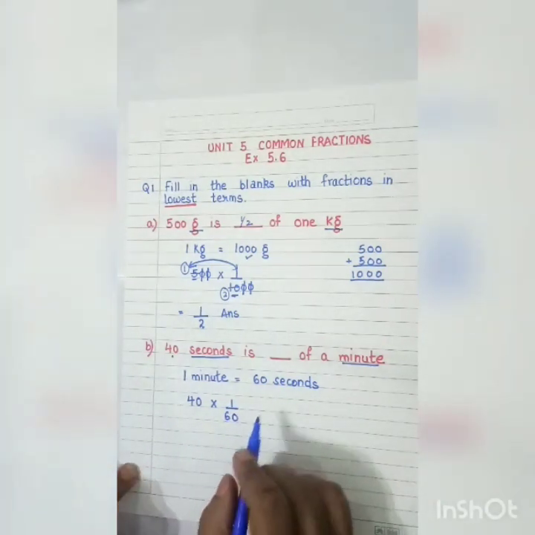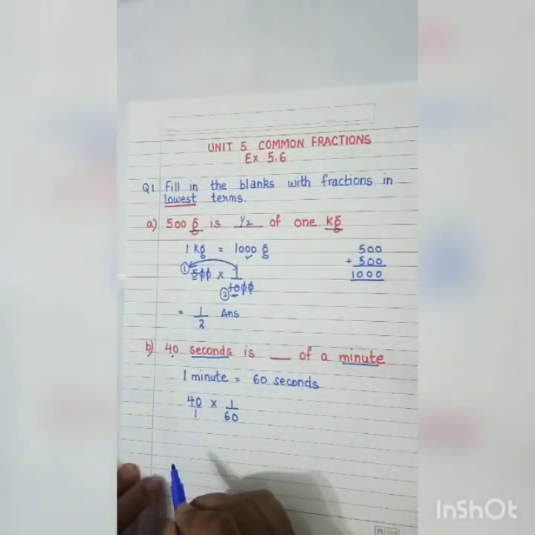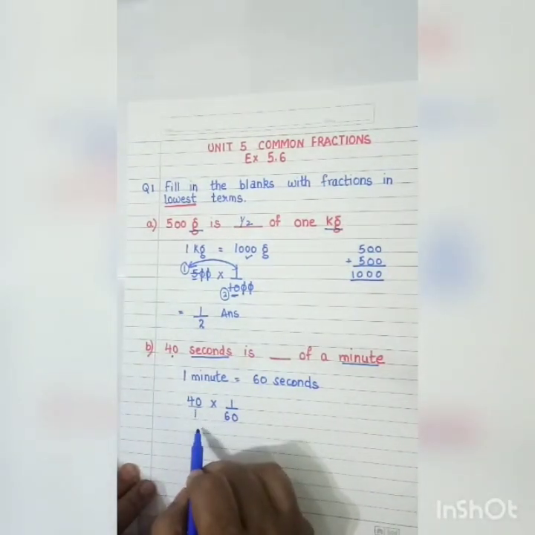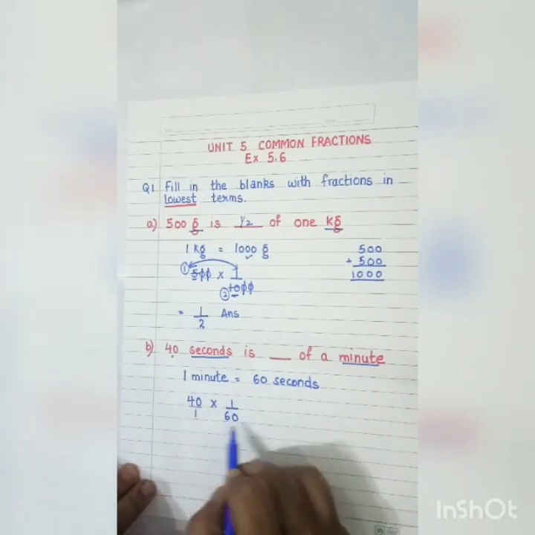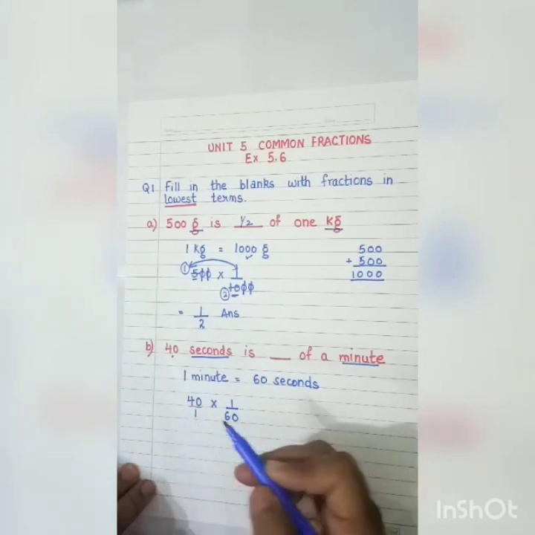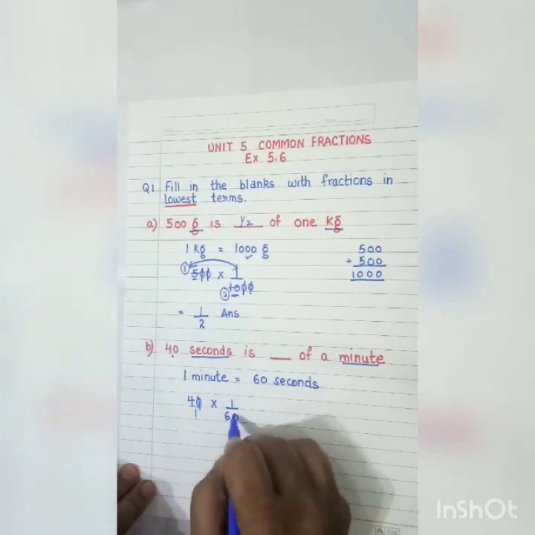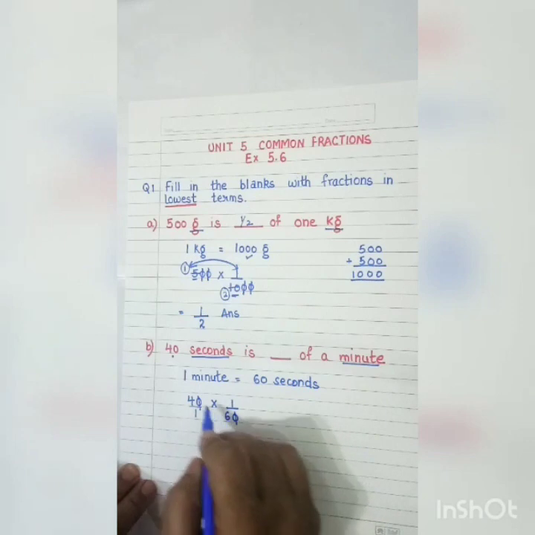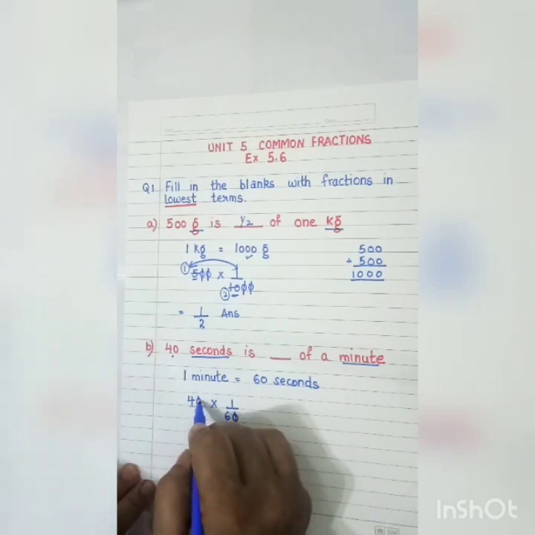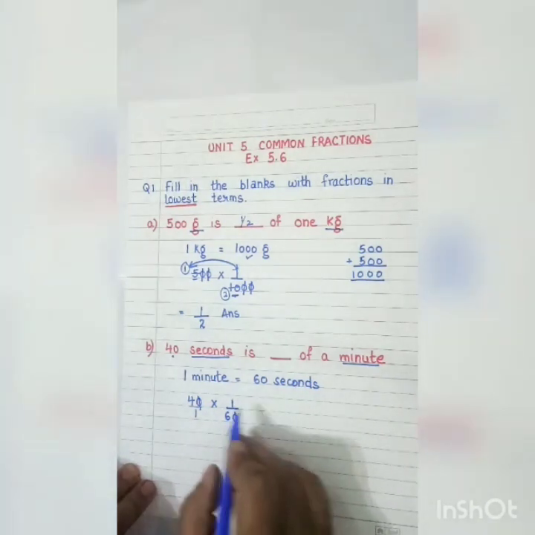Now I have explained to you earlier also, you can use 1 also over here. There is no harm in writing it. And if you are not writing it, and if you are comfortable with multiplying this number with 1 by 60 without writing 1, that is also correct. So the easiest way is to cut the zeros, and they have to be always in the opposite places. 0 in the numerator will cut with the 0 in the denominator.